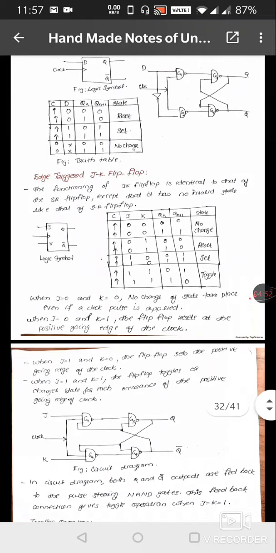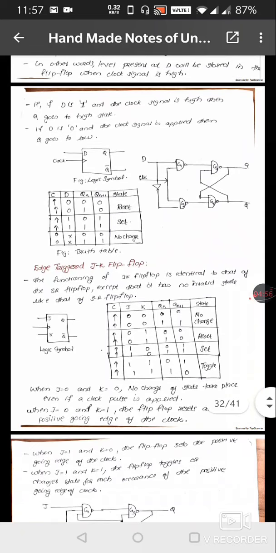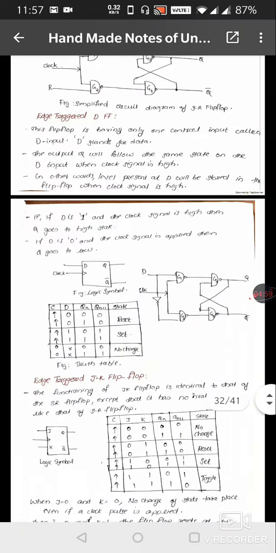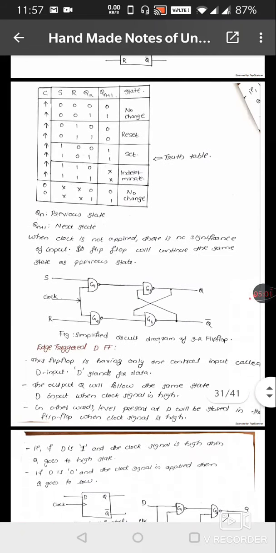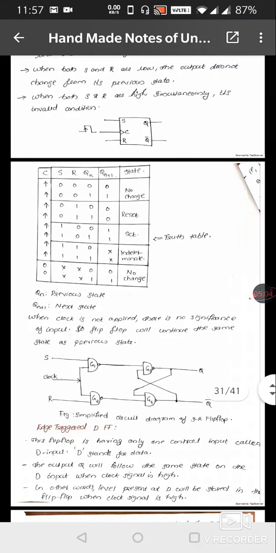After that, the JK flip-flop is a very important flip-flop. The benefit of this flip-flop is basically that there is no cross sign. As you can see in the truth table of the SR flip-flop, there is a cross sign, which means you can't get the value for Qn plus 1 in the intermediate state. In the fourth state, you can't get the value of Qn plus 1 for S and R equal to 1.